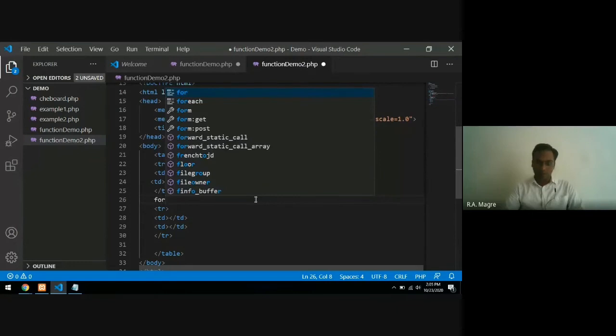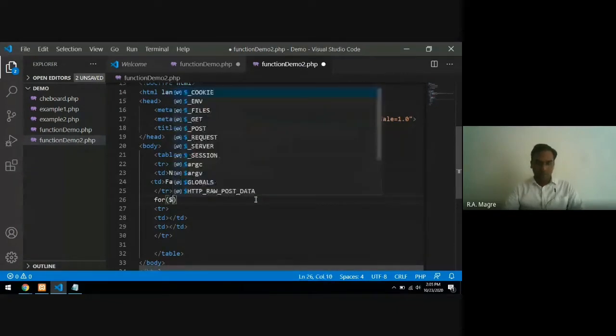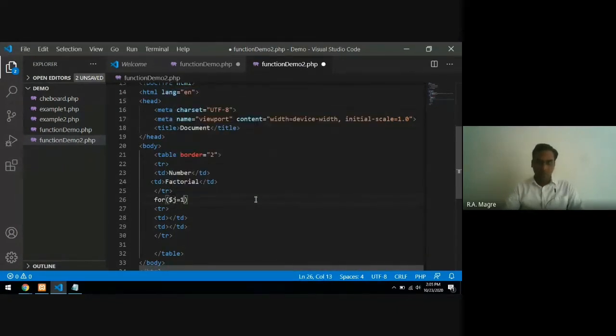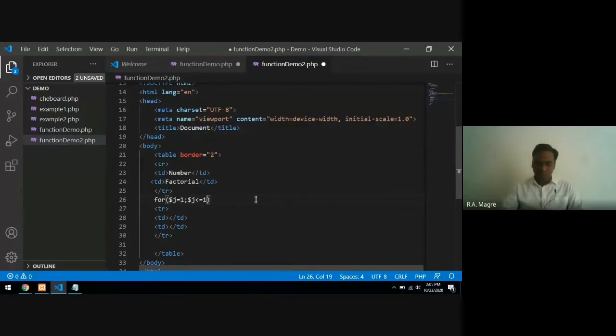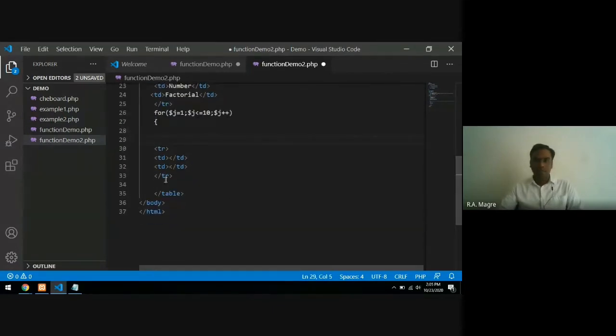For loop variable I will take say $j equals 1; $j less than or equal to 10; $j plus plus. And this loop I have to close after this TR.